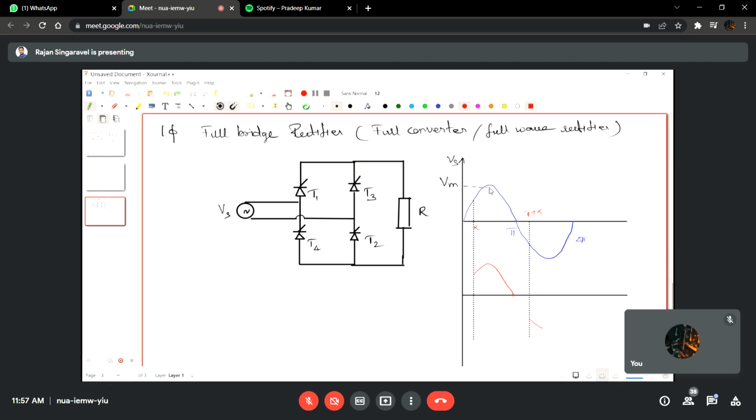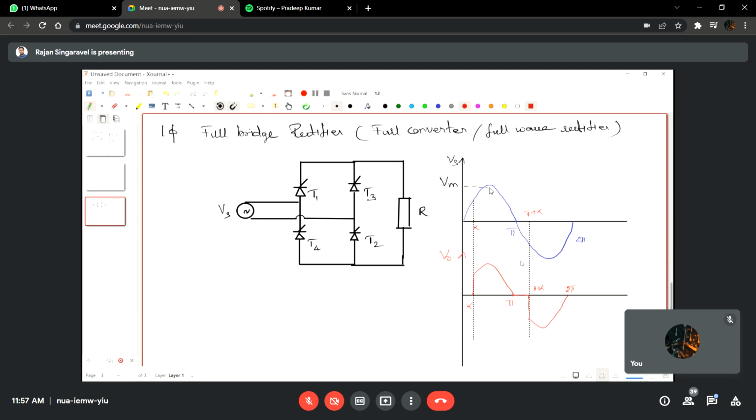This is the problem with the online classes for power electronics. We cannot draw everything perfectly. So the output voltage will be something like this. This is alpha, this is pi plus alpha, and this is 2 pi. This is how the output voltage will be available across the load terminal